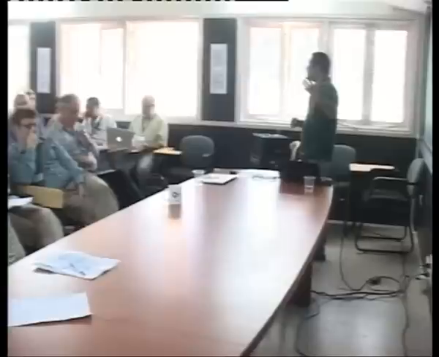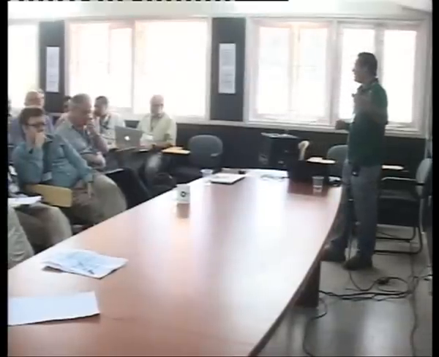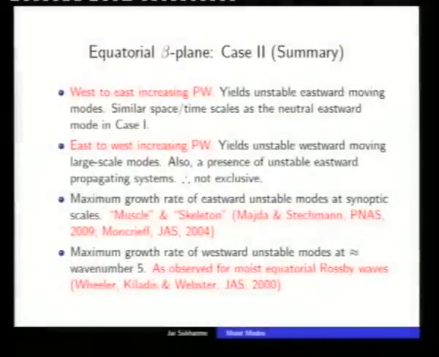So I'm sorry, all I'm saying is that if you have gradients, a system can support waves, and these waves have a certain character. Yes, but you're way over-interpreting all of your results throughout this lecture. Okay, that might be, but all I'm saying is that if you have a system that has gradients, it can support waves. This was documented pretty clearly by Sobel, Nilsson, and Polvani, and that's all I'm trying to extend.